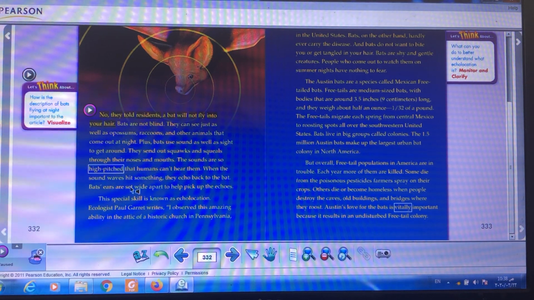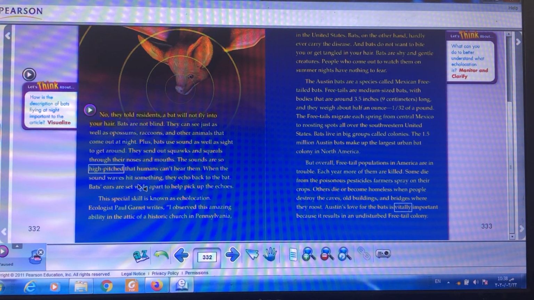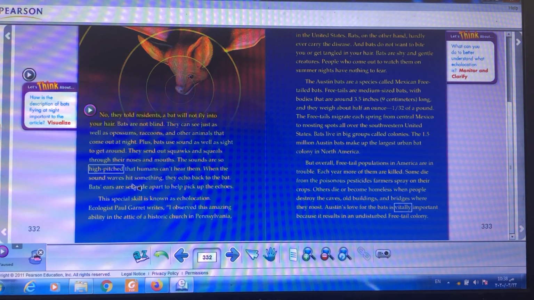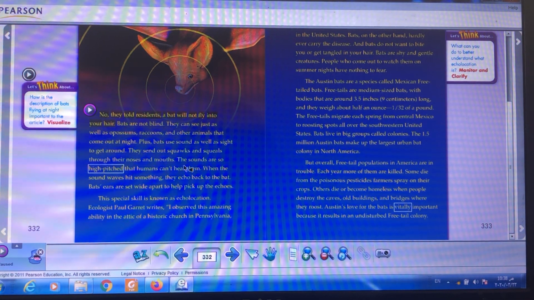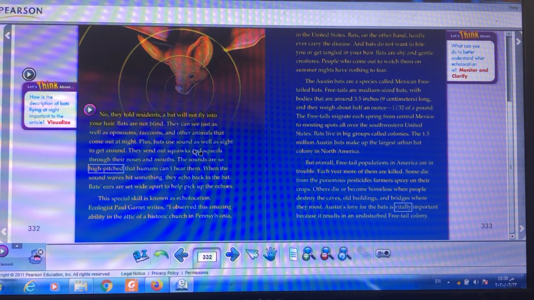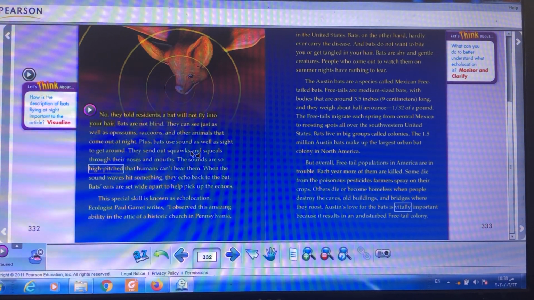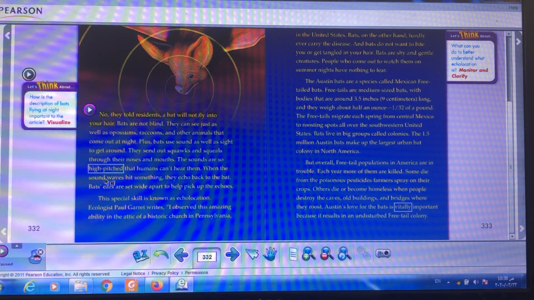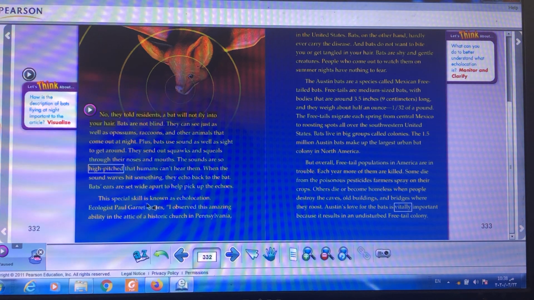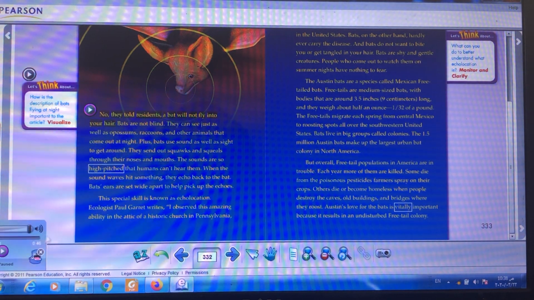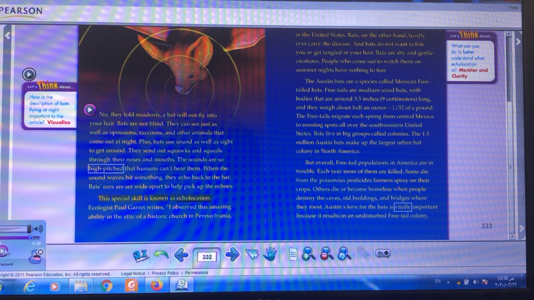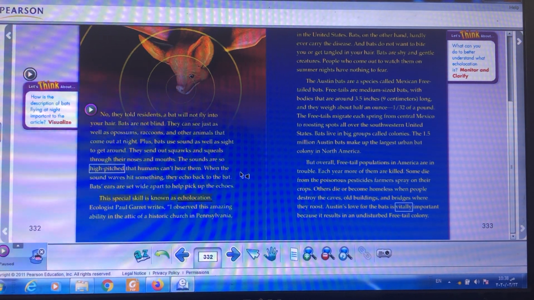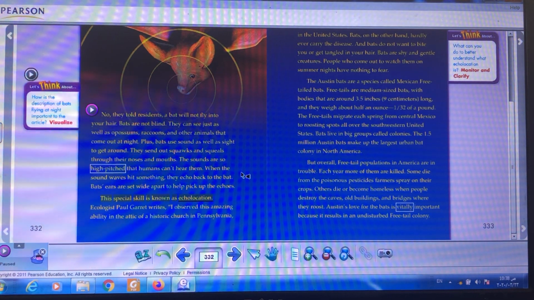So he knows what's in front of him using the waves that he sent in order to what? In order to know his way. So the bats are not blind, and they can see just as well as any other animal. Okay, guys, this special skill is known as, look at this part, echolocation. So now we have information about the bats, which is echolocation.